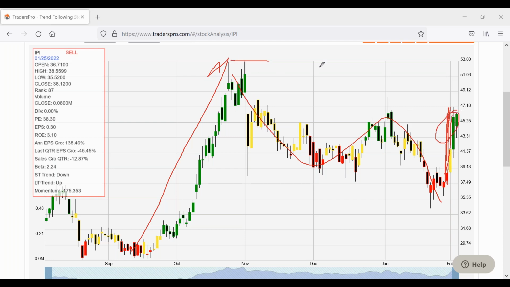It already has a buy signal, with the momentum it has, and the fact that it's up in a down market too, there's a pretty good probability it could get up to this breakout area up here.